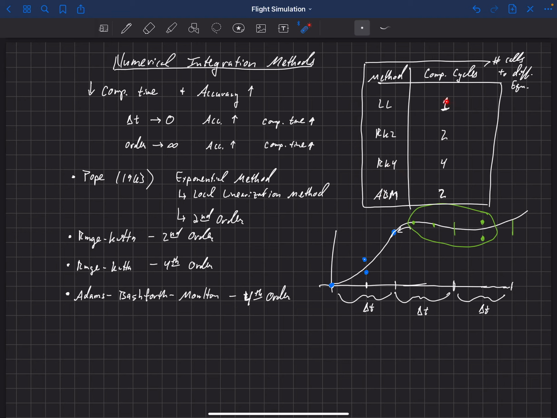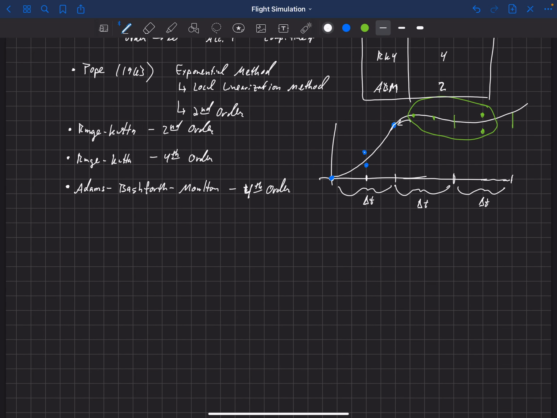Because, see, local linearization only requires 1 call per computational cycle. And so in order to increase the accuracy, you could make these delta t's a lot smaller, right? So you could cut those in half, for example, and be making a call for each half delta t here, and that would be equivalent to the 2 calls that RK2 needs in order to be second order. So maybe local linearization is better than RK2 by just making the time steps smaller, right? So in general, that is one thing we can do. We can make the time steps smaller for any of these methods.